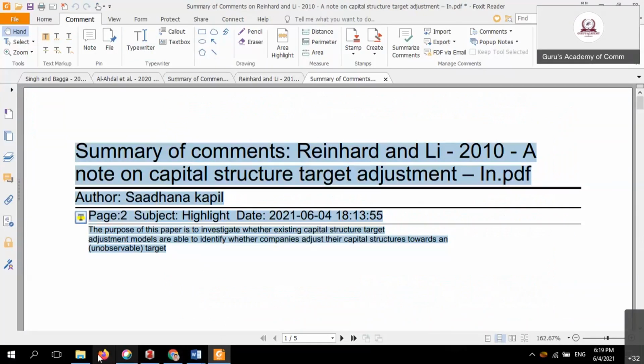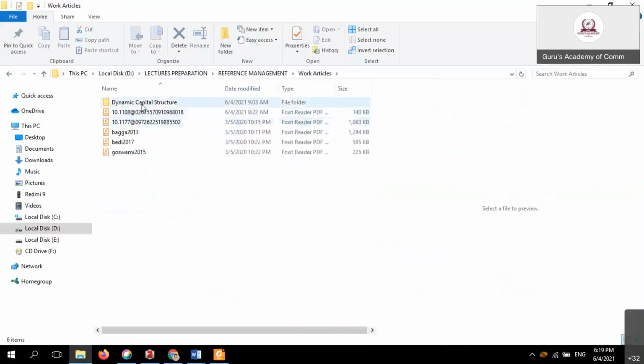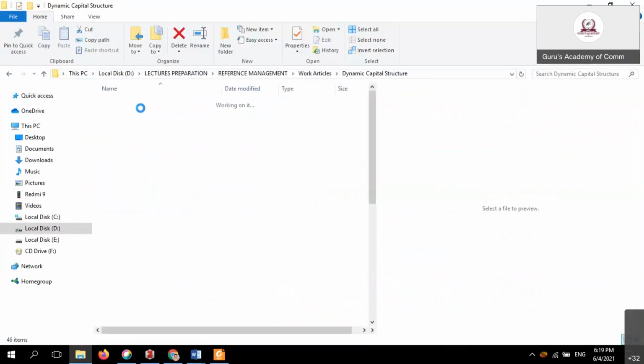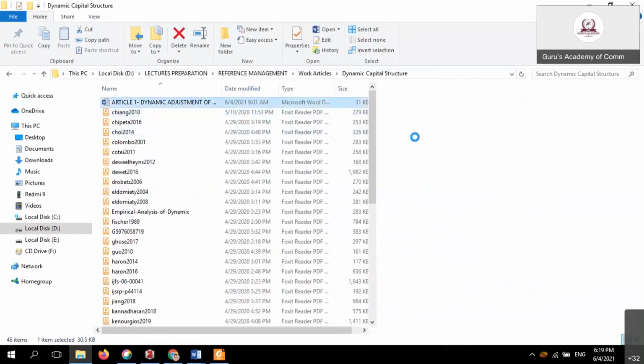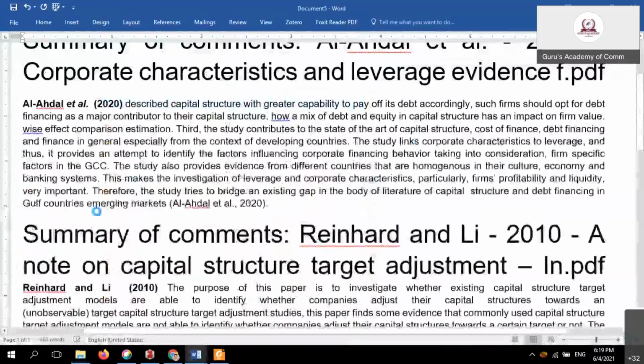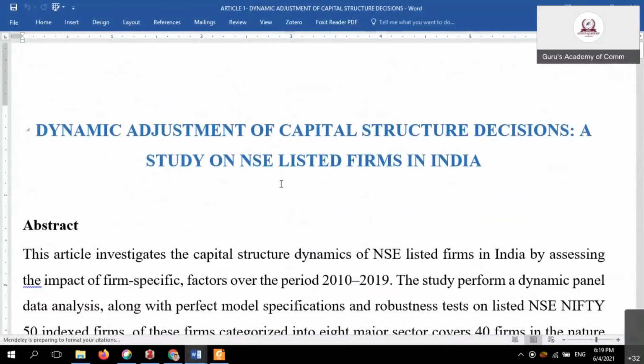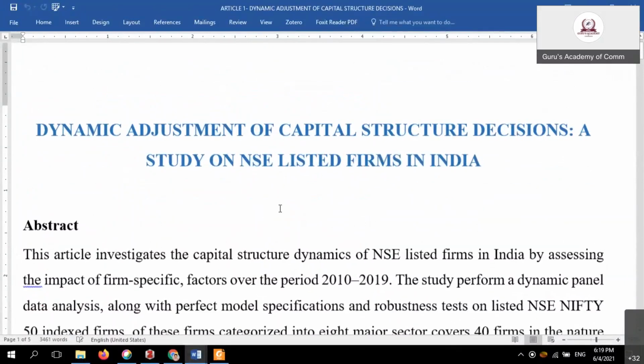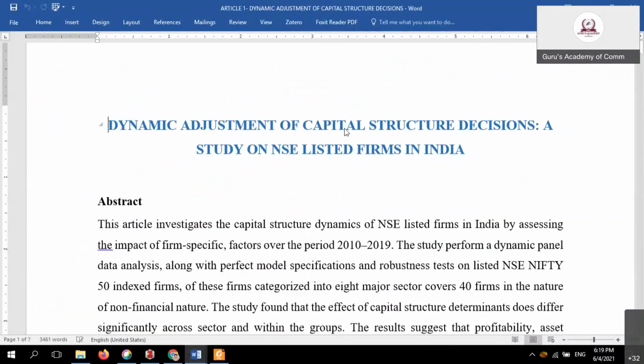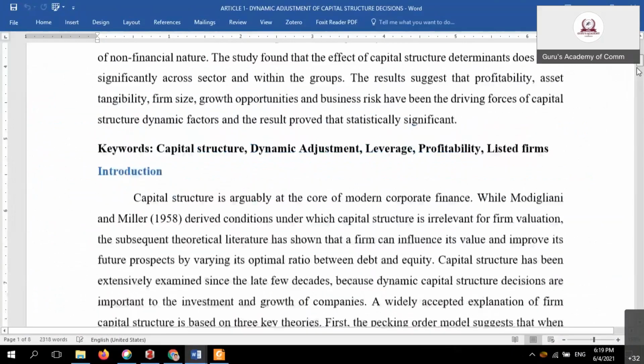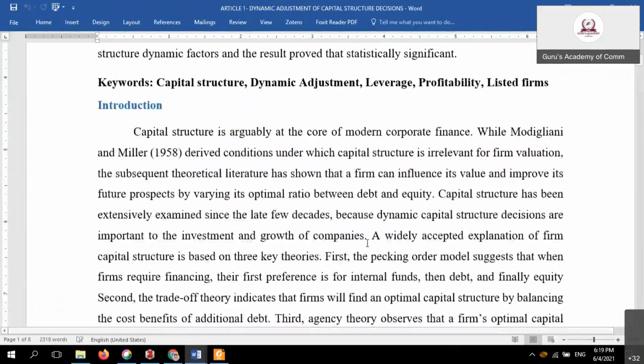Okay, now I will show it in the final session. One semi-finished article, I have shown for you, how our references are made clear. The previous processes are very, very important. Now, dynamic adjustment of capital structure, the semi-finished article we have. If there is no article content having cited references, now get it cited.